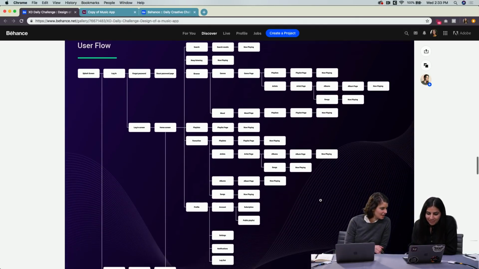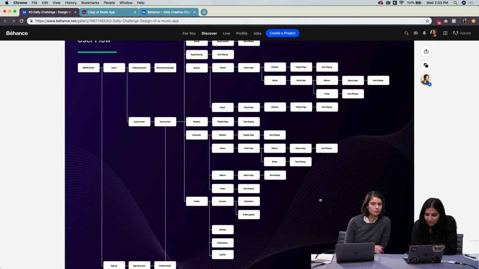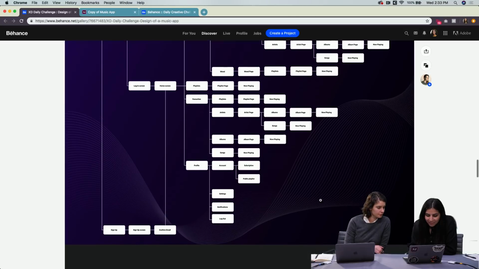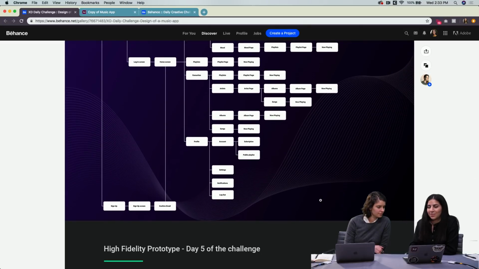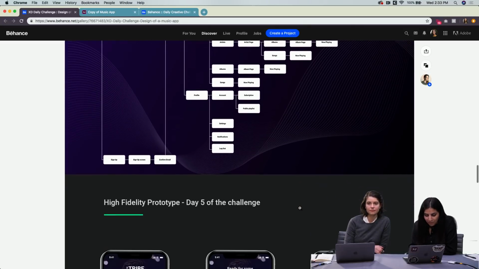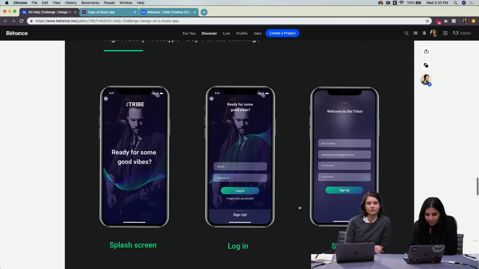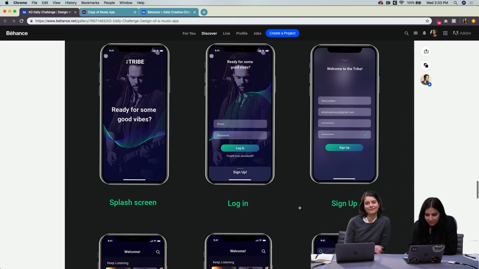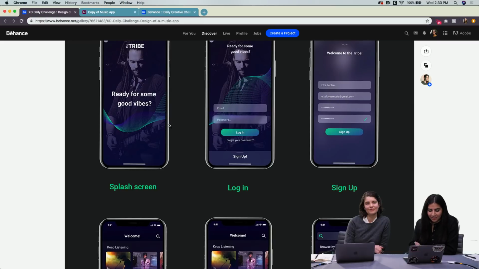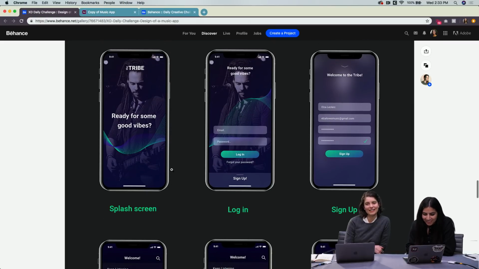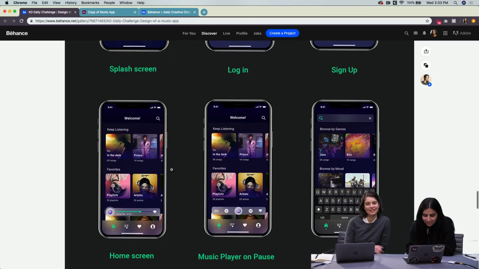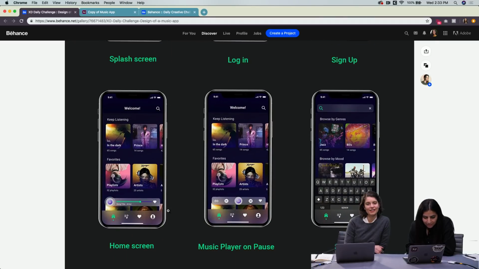Thank you so much for the submission. We have a user flow. Nice. I like how you laid it out. There's a lot of screens on there, so it's nice to show the process and the flow. We have high fidelity. This is really cool. I like this. I don't know what it's called, but it looks really cool. We have a login. Yeah, this looks really good. And I like this blurred thing you did for the menu also. I think it looks nice.